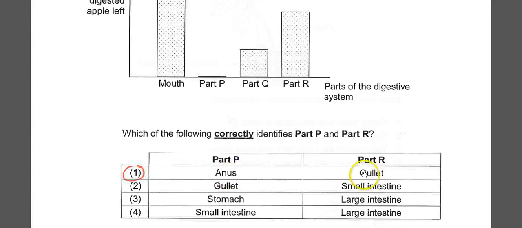And this one is the gullet, because the gullet should have more undigested food, as it is from the front part, the top part of the alimentary canal, the digestive system. So there's more undigested food as it passes by. The gullet goes to the stomach. Probably the stomach digests more, and leaves a little, lesser undigested food. Think over slowly what I'm saying. Sorry, I'm speaking just too fast, but just take your time to understand this yourself. Let's carry on.